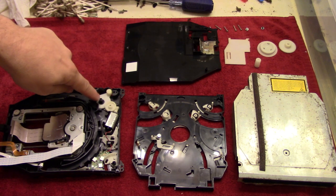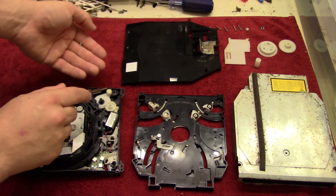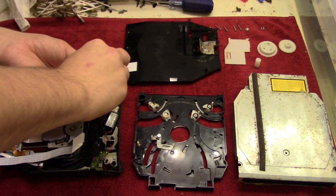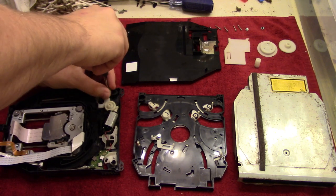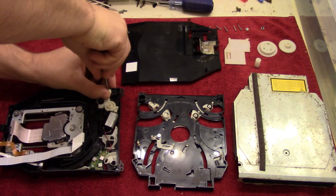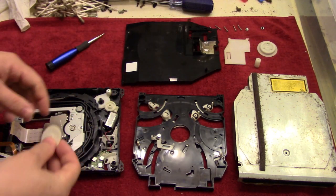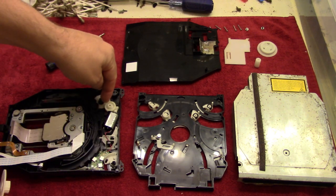You'll put a black screw here, so it helps to think black on black and then clear on clear. Screw this in here just to hold that in place. Just like that. And then we'll take this piece and put the small cog down, because that's going to